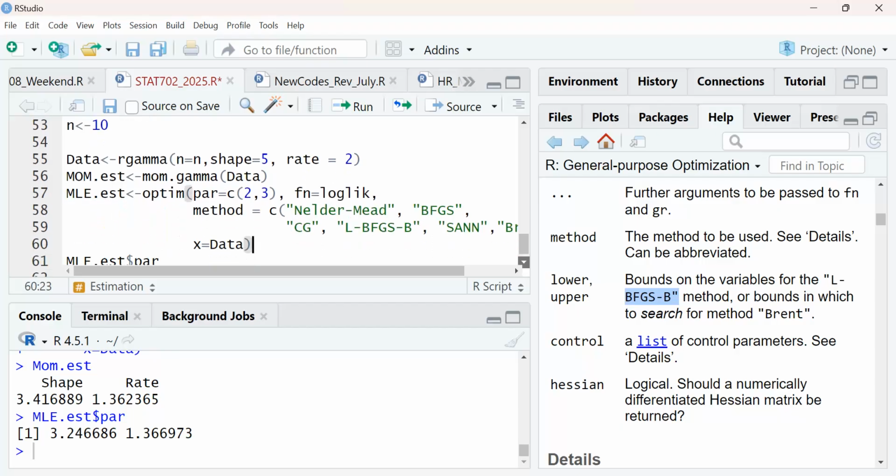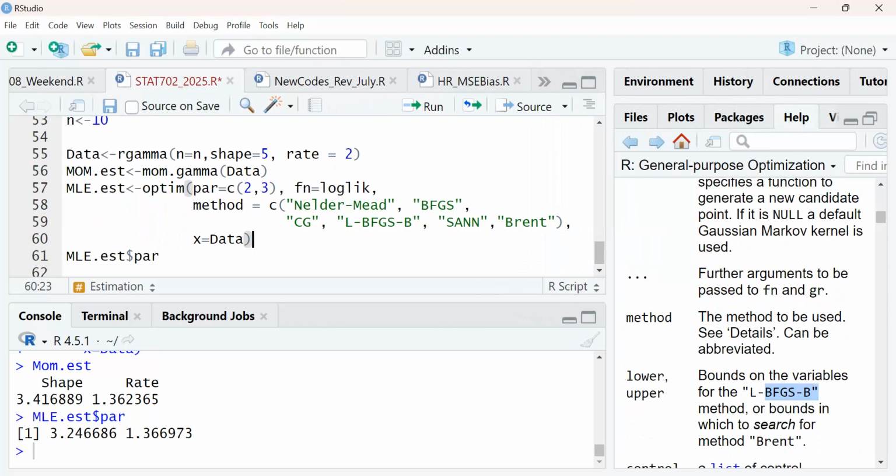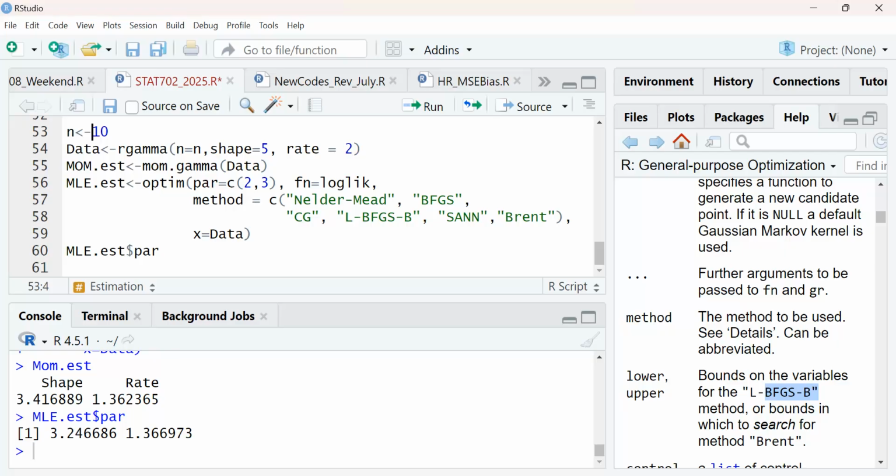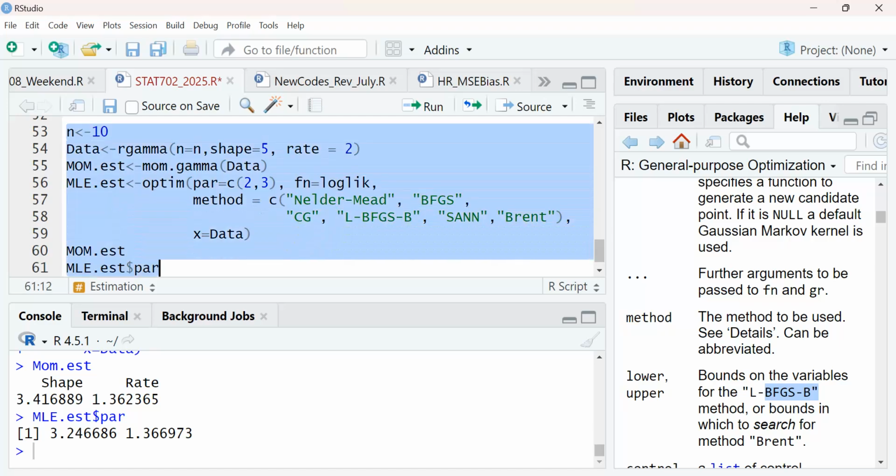I just copied what we've done. I don't want to be repeating, so with 10, I can rerun it again. As soon as I put all of them together and run, I'm going to get my results and compare.